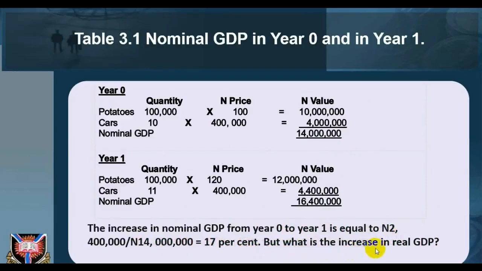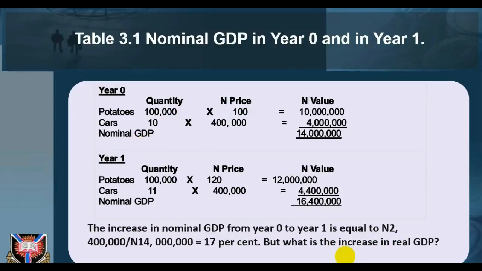But what is the increase in real GDP? Let us take year 0 as the base year. That is, let's add quantities in both year 0 and 1 using year 0 prices for tomatoes and cars. Because we take year 0 as the base year, real GDP is equal to nominal GDP in the base year. Real and nominal GDP are always equal in the base year. In year 1, real GDP is constructed by using year 1 quantities times year 0 prices, so that it is equal to